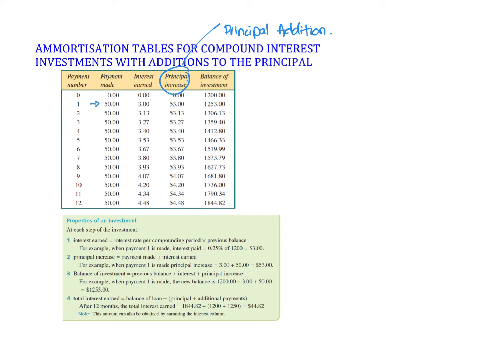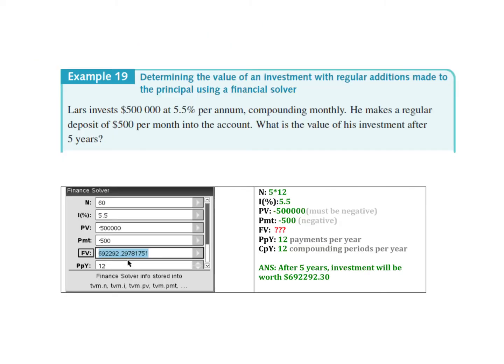So you can see them, it's this same scenario of before. So she's adding the $50 and she gets the interest every month. So you can see that. And you can see here, we got up to the 12 and there's the total that we came up with. All right, so we've gone through this, so I'm going to leave it there. You've got it in your notes how you find all the little bits, but we have gone through one of these. So moving on to this one, it says La invests